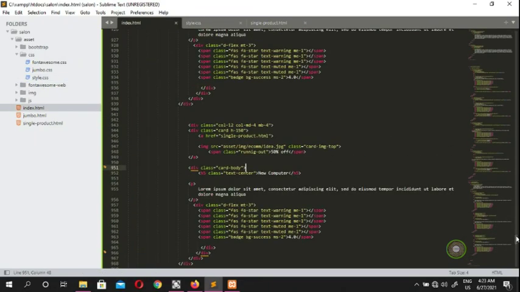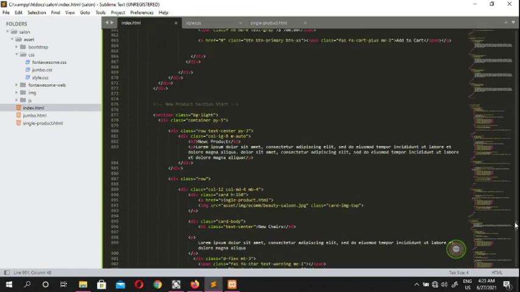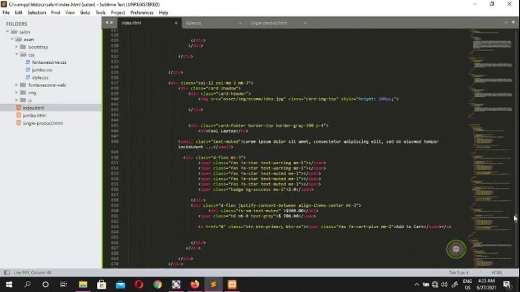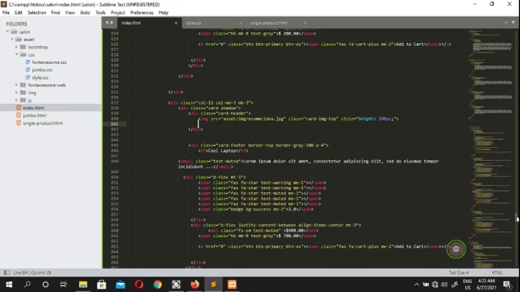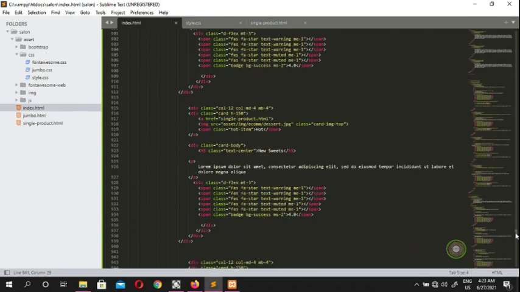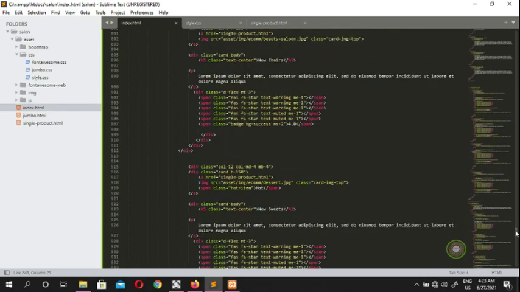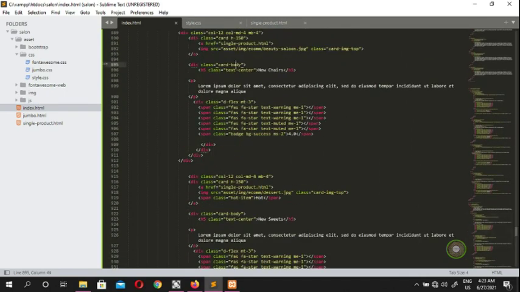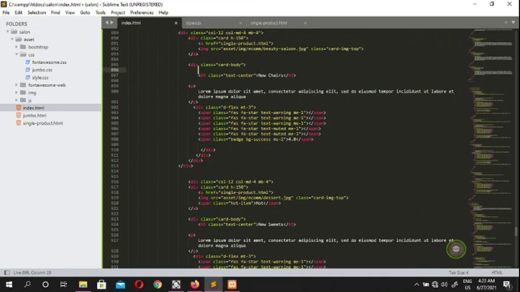And we come here, that's a cool laptop. Okay, yeah, so that's the new chairs, and we put our span,